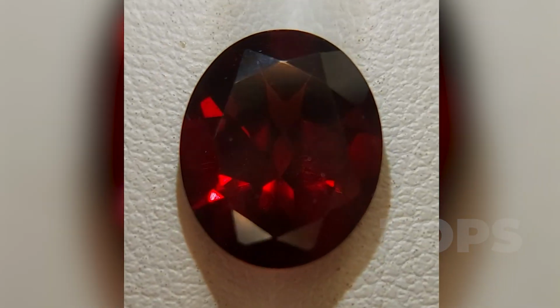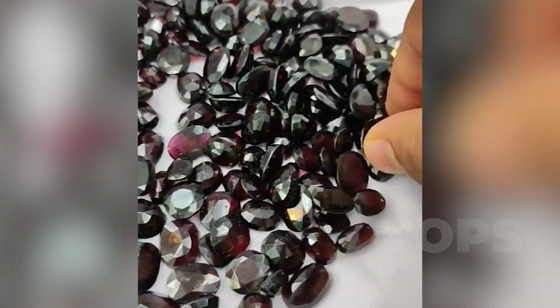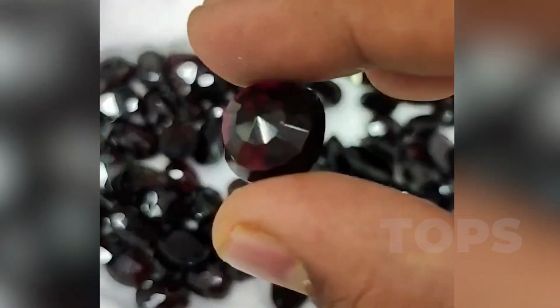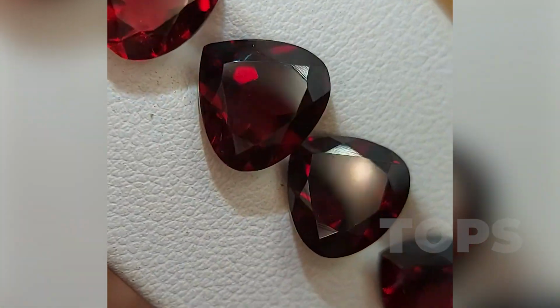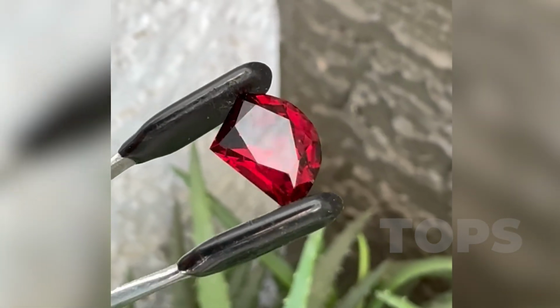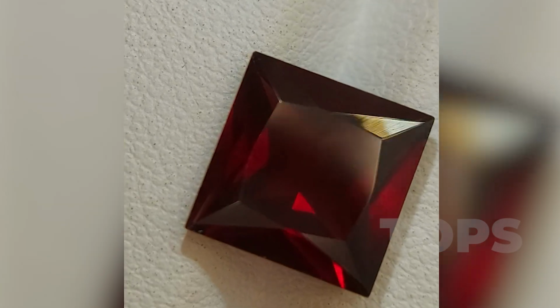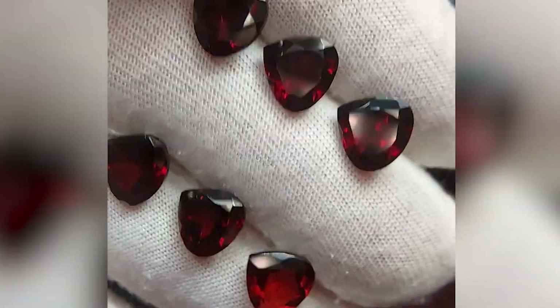transparency, thermal stability, and refractive precision make them irreplaceable. Garnet materials are also used as host crystals in solid-state lasers for everything from medical devices to industrial cutting tools. Even in abrasive form, garnet's natural hardness, Mohs 6.5 to 7.5, and lack of cleavage make it ideal for water jet cutting, sandblasting, and precision polishing, especially in aerospace and